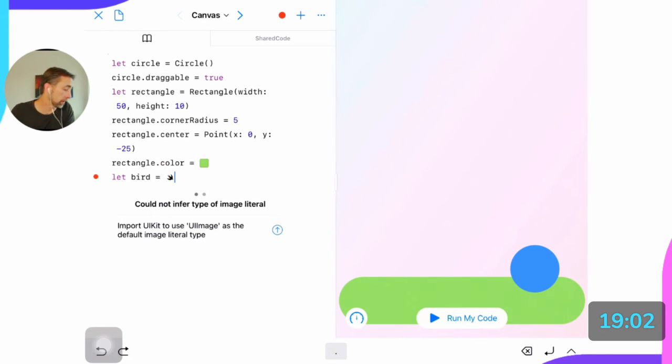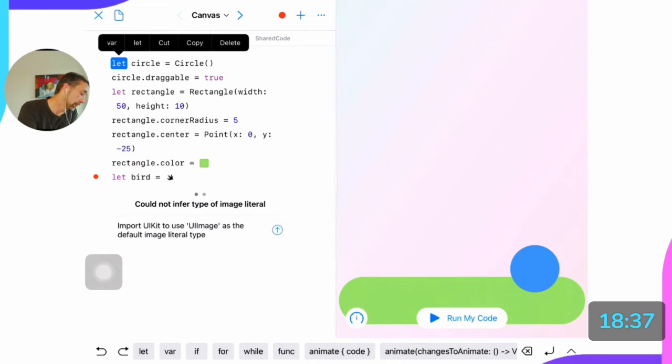Okay, it's telling me here to import UIKit to use UIImage as the default image literal type. That sounds a little bit foreign. But really, we're just telling Swift, hey, there's this other framework that we need to include. A framework is just a bunch of code that someone else has written. UIKit happens to be that framework, and it includes this thing called UIImage. So let's